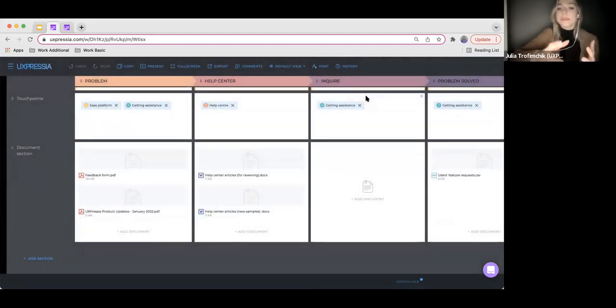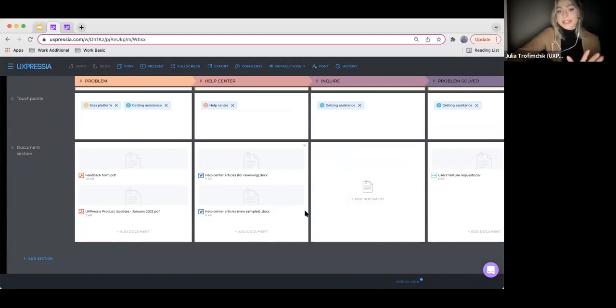In this case, your team members will easily find the files that you've attached. There is no need to go to every single map and to check where is this specific document, where is this needed document. Really very easy. Just go to the team library documents and attach it from there.